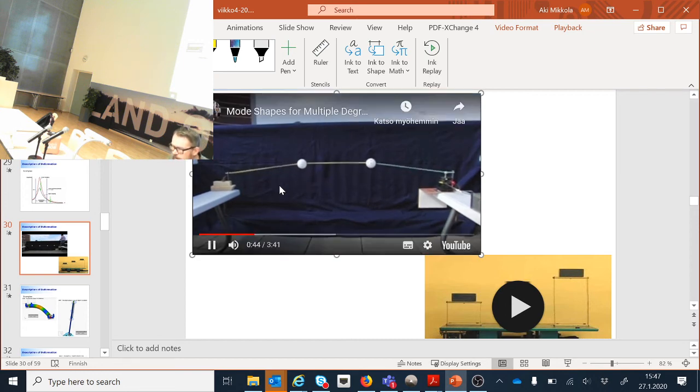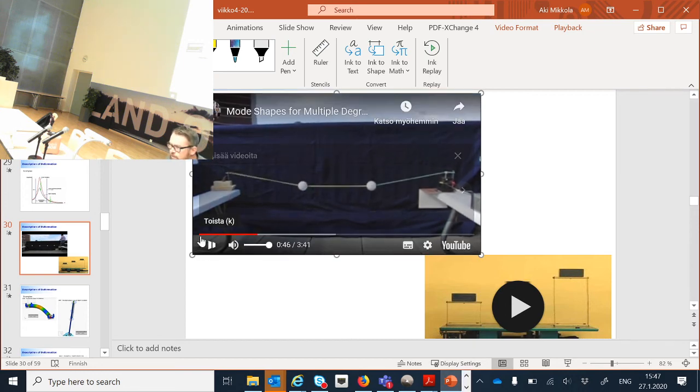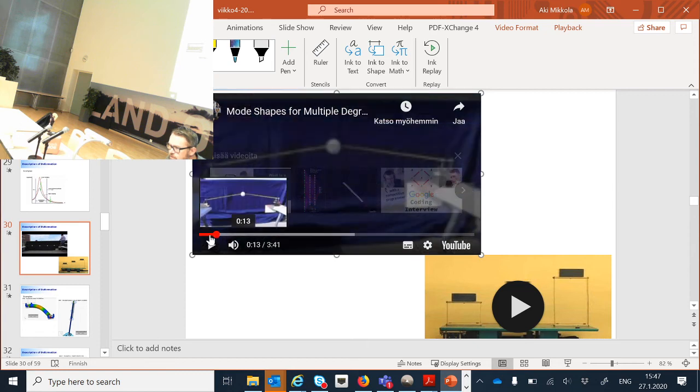Now, let's go in the beginning. So first, what I will do is that I have this system. This is a system that consists of